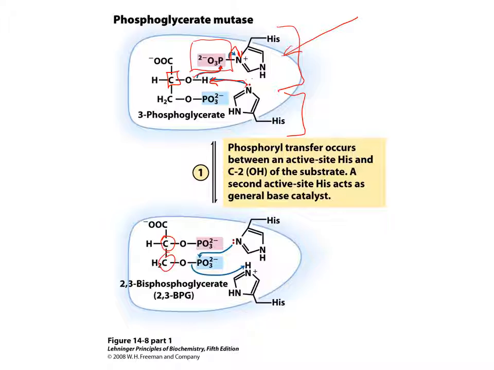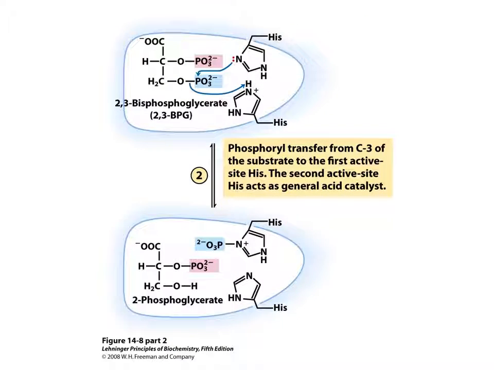The next step would be histidine 1 reacting with the phosphate, and the oxygen on carbon 3 reacting with the hydrogen on the second histidine. So in the end, we have reformed the oxygen-hydrogen bond, and we have taken up the second phosphate by the